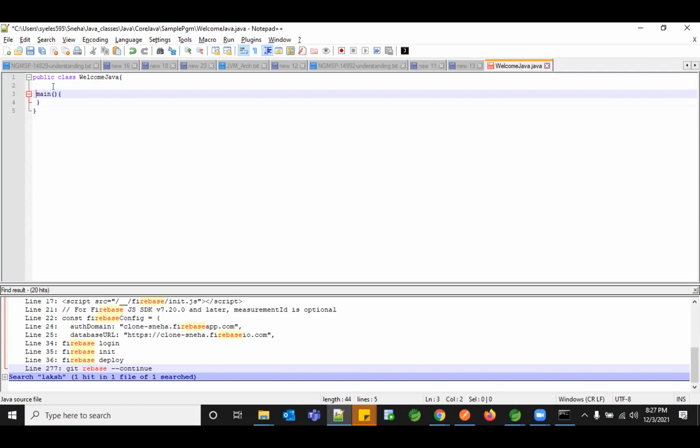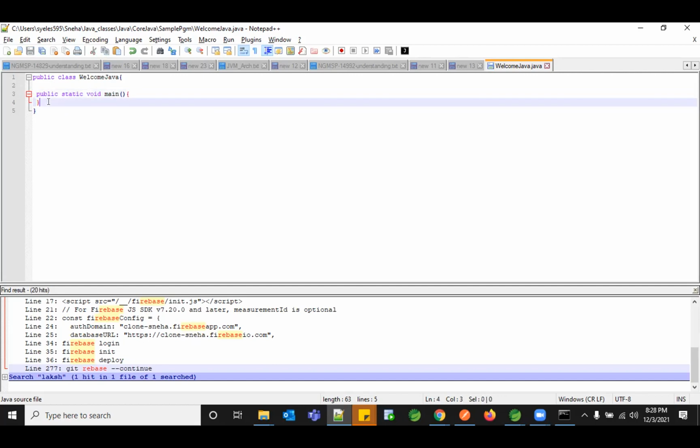And in the same way, in a Java class, the driver has a few attributes. Those attributes are public, static, void, main. These are the attributes you have to define for the driver. If you don't have them, then it will not be considered the actual driver, or the engine to execute my program. So why do we need to have this static?